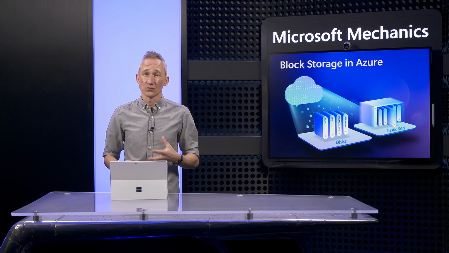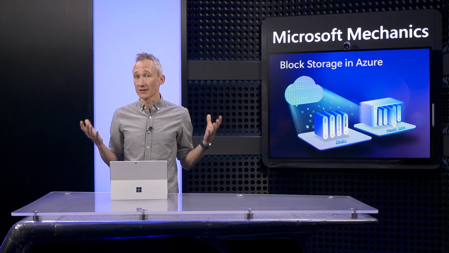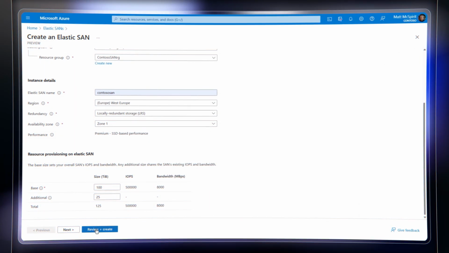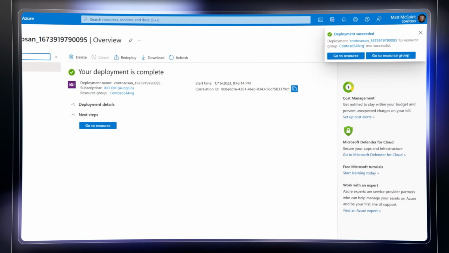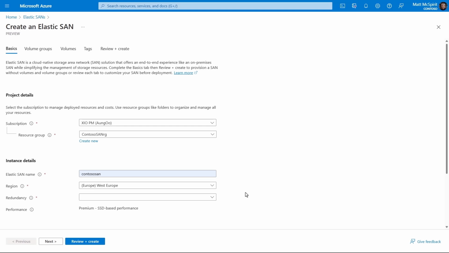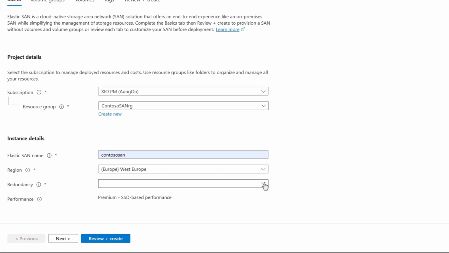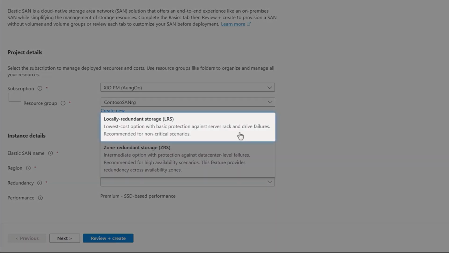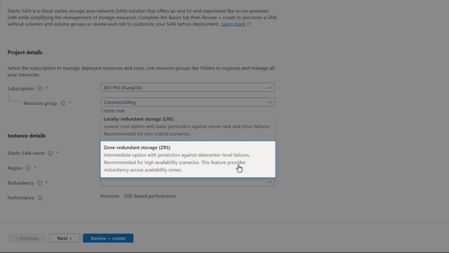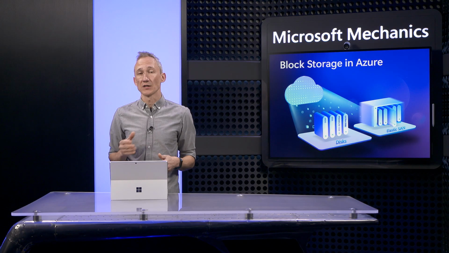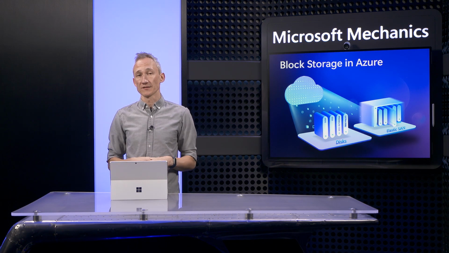Instead of the time it takes to acquire and configure hardware for your SAN locally, in Azure, you can set up and provision your SAN in minutes. As a fully managed service, all the infrastructure configuration is taken care of for you. Just like many Azure disk storage options, redundancy is built in. You can choose from locally redundant storage, where 3 copies of your storage volume are stored locally in one data center, or zonal redundant storage, where those 3 copies are spread across different data centers within an availability zone, which gives you added resiliency should one data center go down.